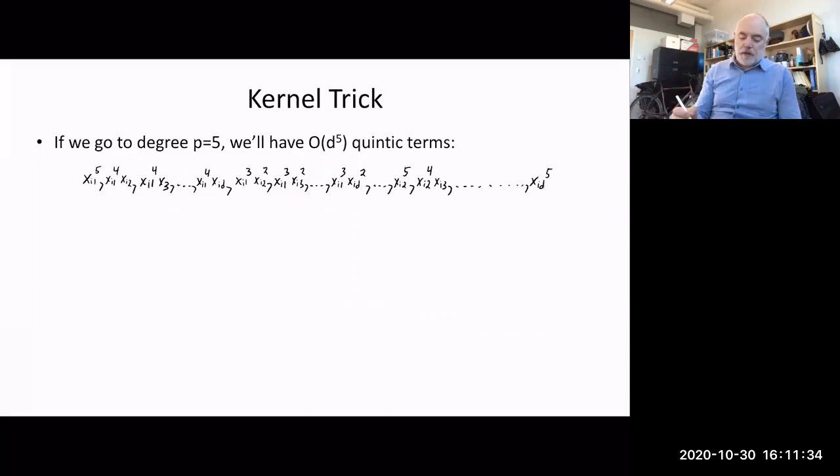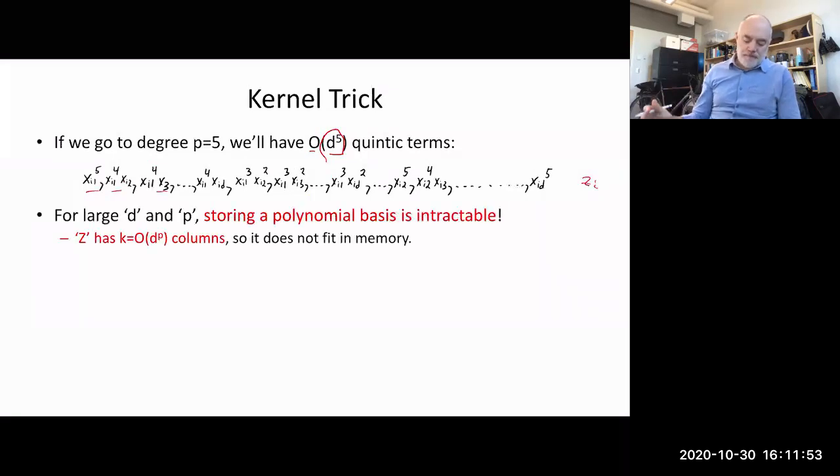If we go to a 5th order polynomial, I hope Payman's still alive, we have order d to the 5th quintic terms. Okay, so tons and tons and tons of terms in our basis, right? And if you think about it for a little while and do the combinatorics, basically for a large d and a large p, storing or computing a polynomial basis is intractable. Okay,